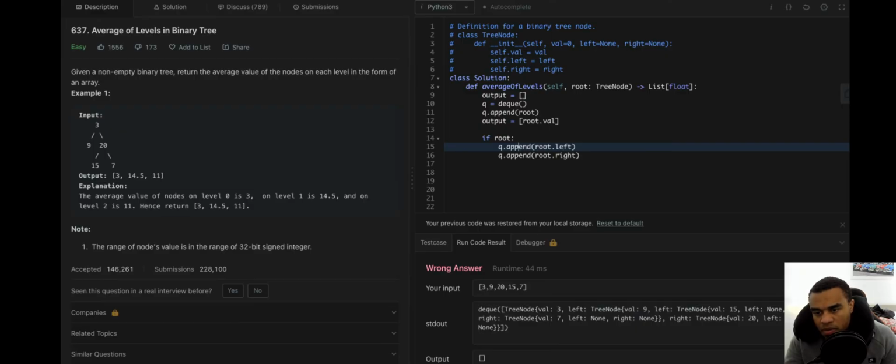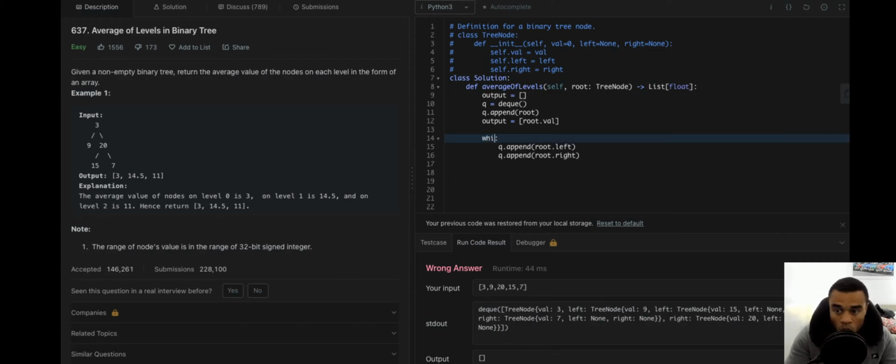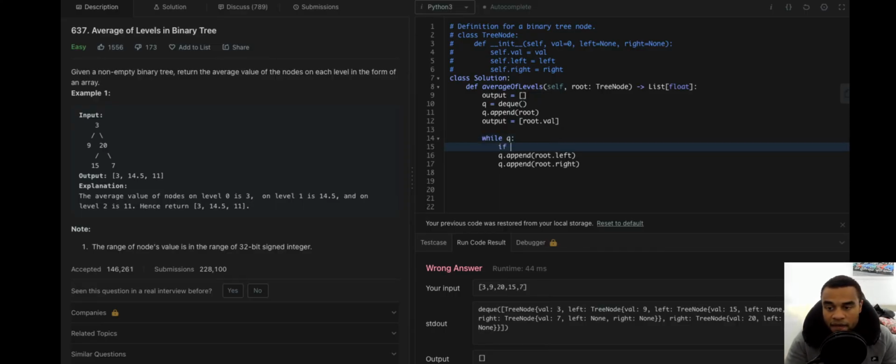So we have Q.append. So we can say while Q, so while the Q is valid, if root, then append left, append right.